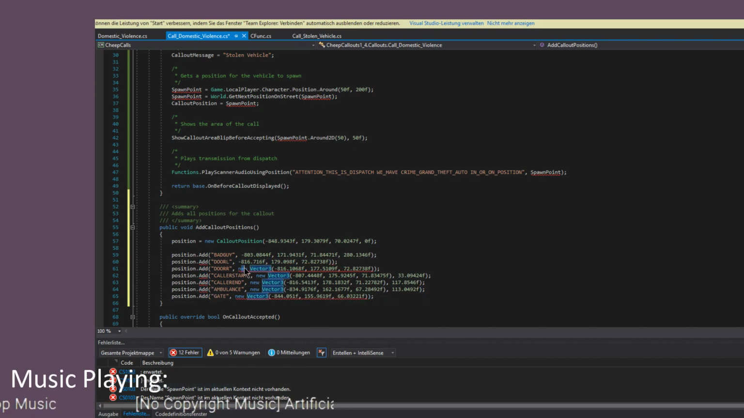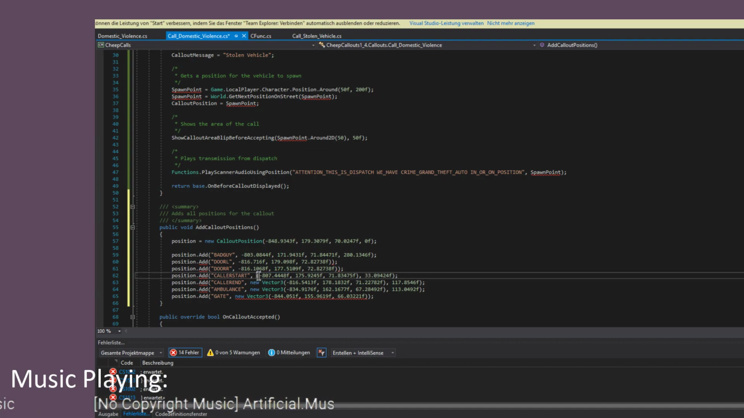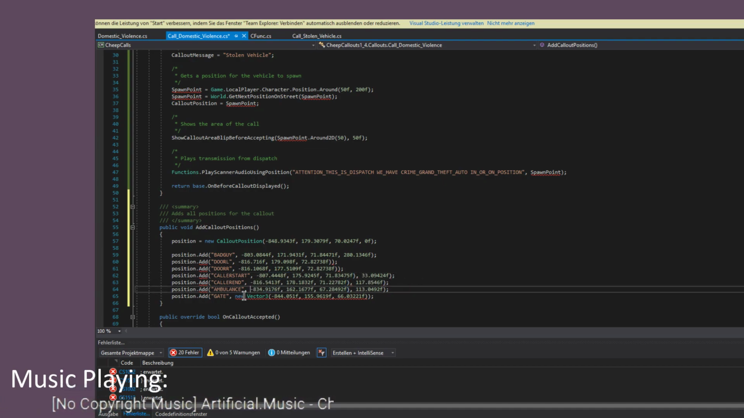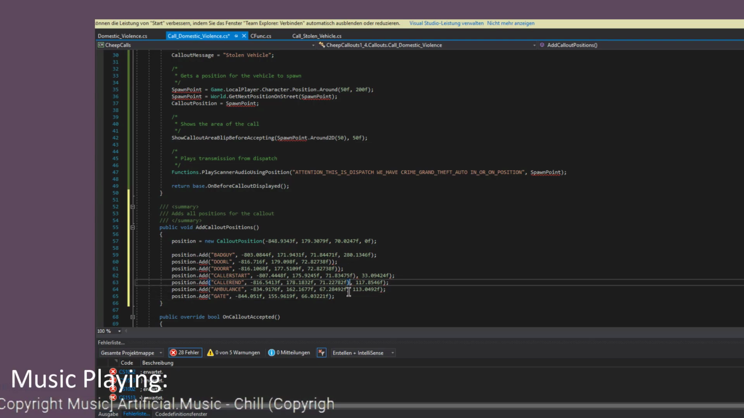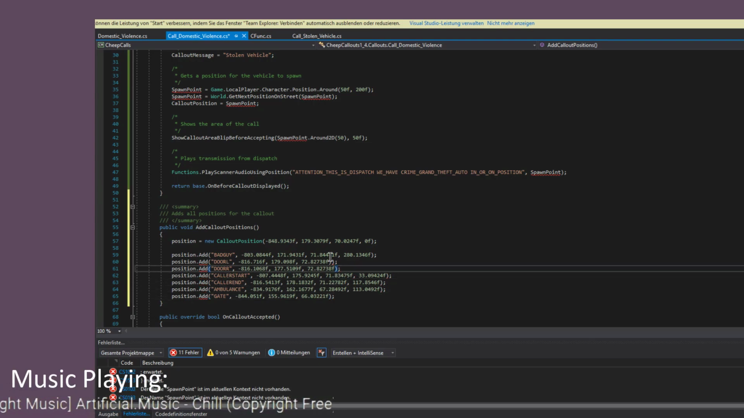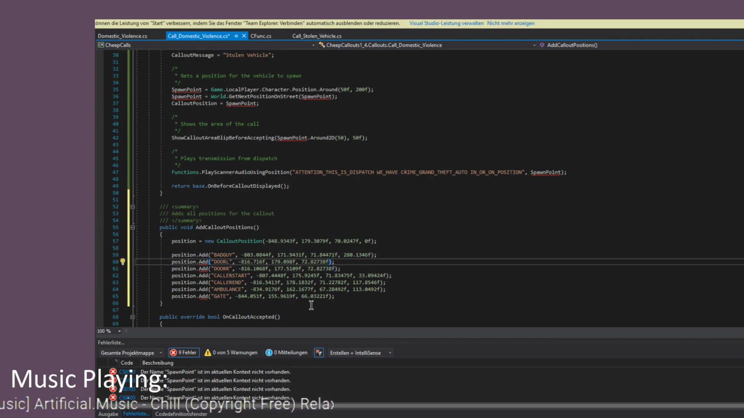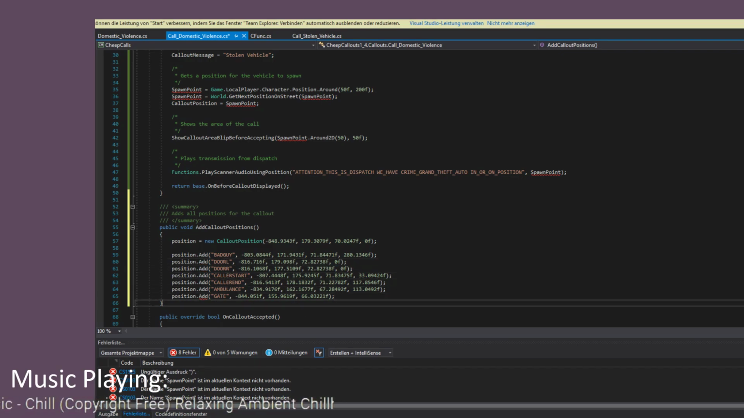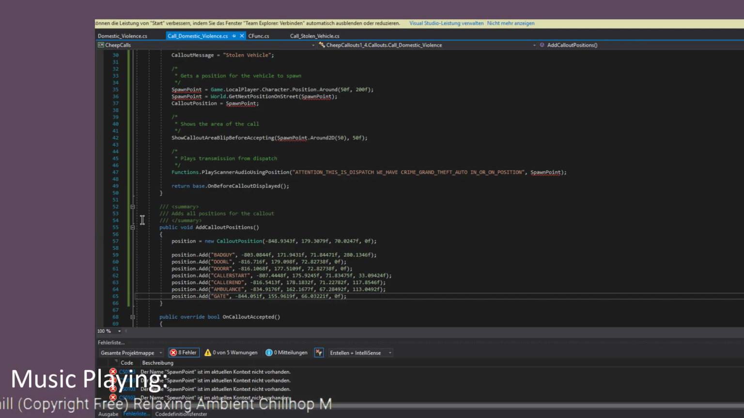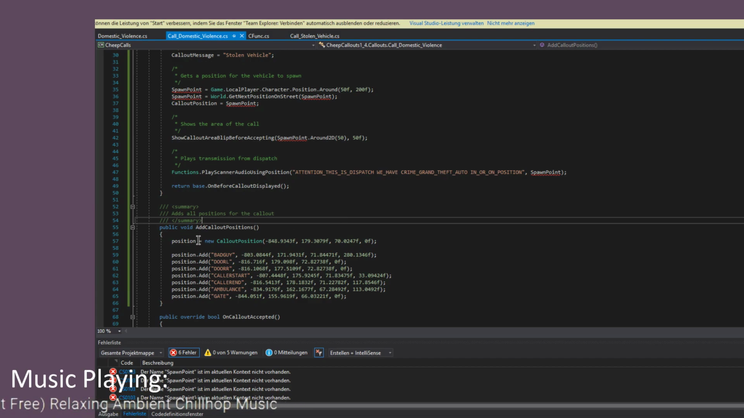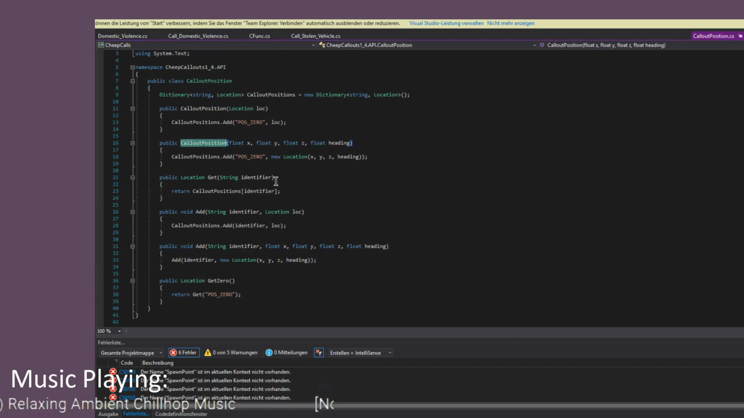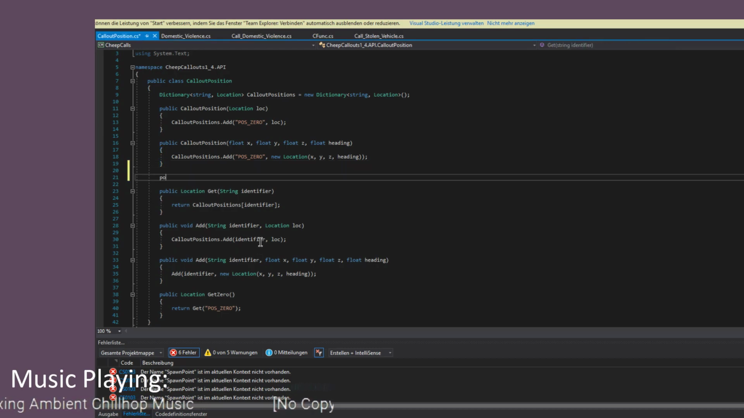Alright, let's do it this way and just remove everything. I should probably just go ahead and add a function instead of removing everything, because that way it would be compatible with the previous way. Let's do 0f for everything that doesn't require heading. Alright, I should probably go to callout position and make it that